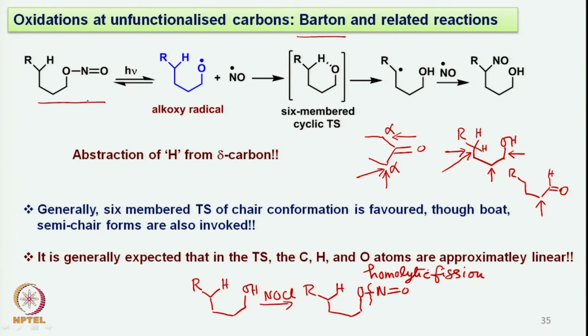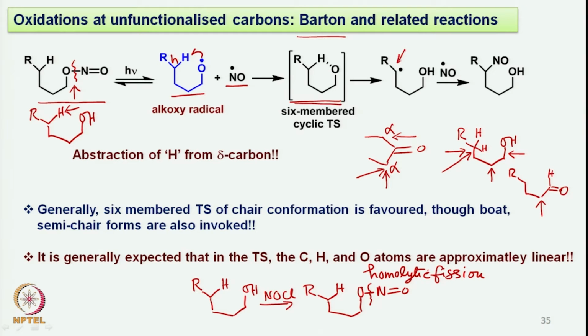So this is exactly what was done here. We start with this particular substrate, which is derived from the corresponding hydroxy group, and the idea was to introduce a functional group at this position. So we can prepare this and then photolyze it. During the photolysis the oxygen radical is formed and of course you have a nitroxyl radical. This alkoxy radical then takes up the hydrogen from here via this 6 member cyclic transition state,